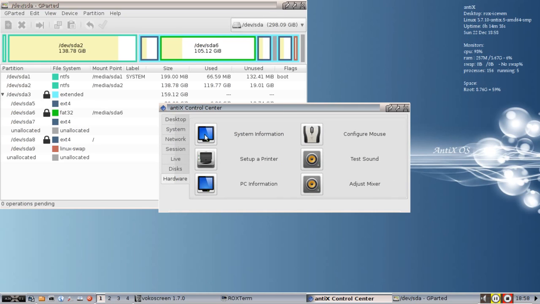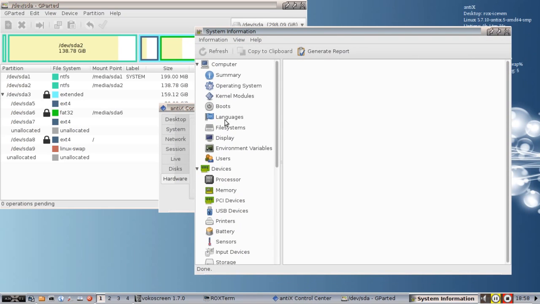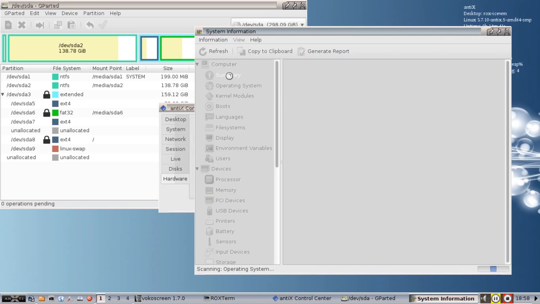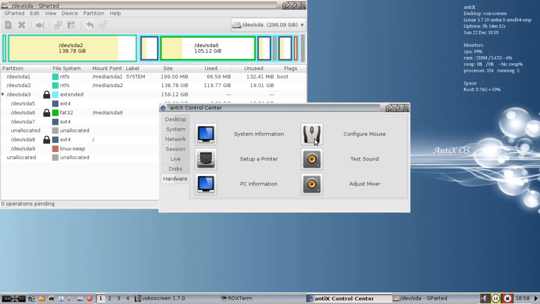In Hardware tab, you get a System Information utility. Handy for if you need to know a certain something about your system. Oh look, I'm using a Debian 7.2 operating system. Well, that's because I'm on Antix. You get a Configure Mouse utility,